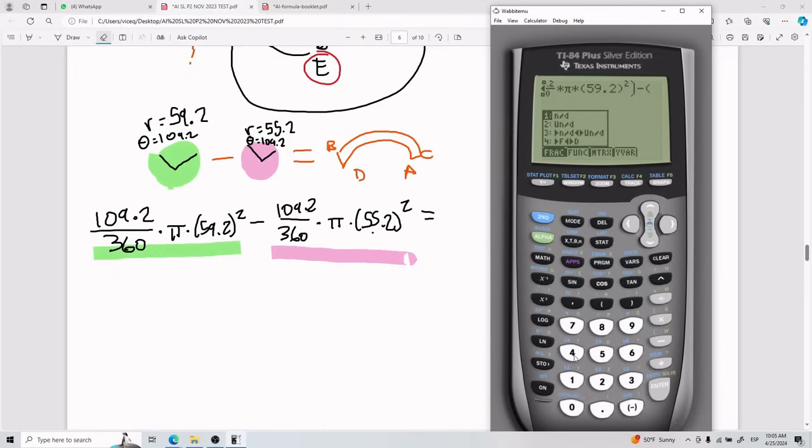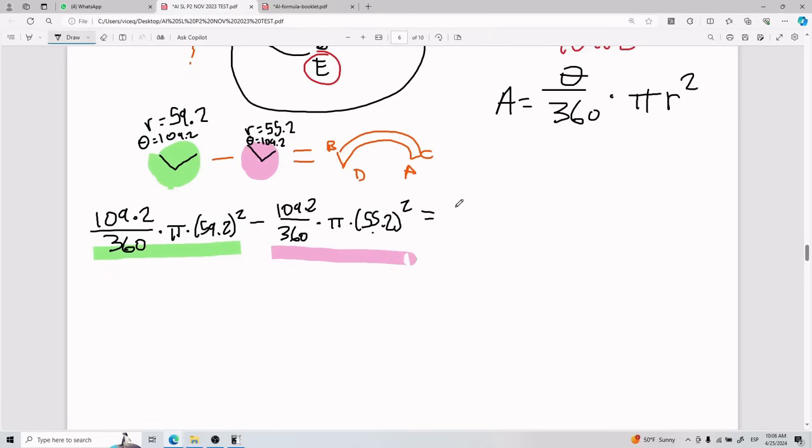and this big parentheses is being subtracted by my next big parentheses, which is the guy in pink. So for the guy in pink, I said it was 109.2 divided by 360 times pi times the slightly smaller radius, 55.2 squared. I close all of it. I double check that the parentheses look okay, that the squared also looks okay. Looks all good to me. I press enter, and this is what I get. And so the area of this thing is